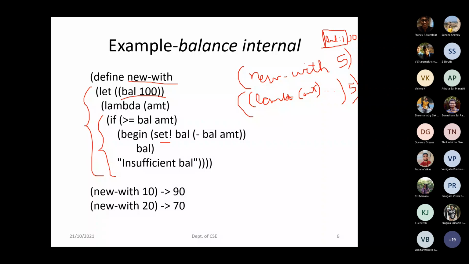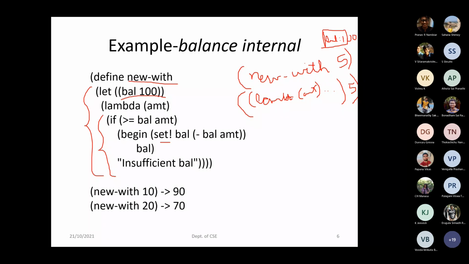Generally, ma'am, in Python or C language, if we declare x once, we cannot declare it again. Int x equals 2 and int x equals 3, we cannot do again and again. But here the definition is like define, so you are saying that defining x or balance 100 multiple times is possible, just that the location will be different. We are not defining it multiple times here, right? I never defined balance 100 and then defined balance 200. I didn't do that.